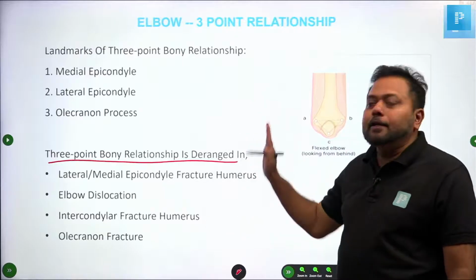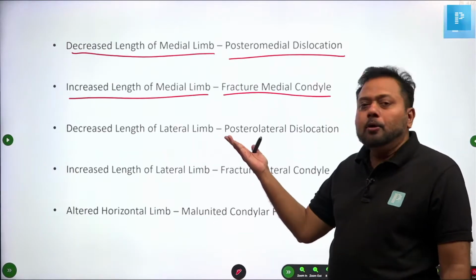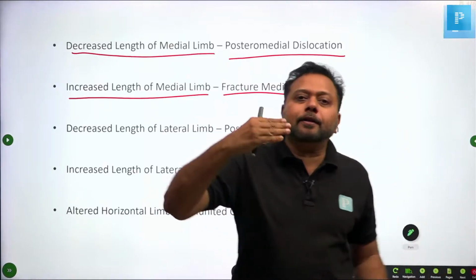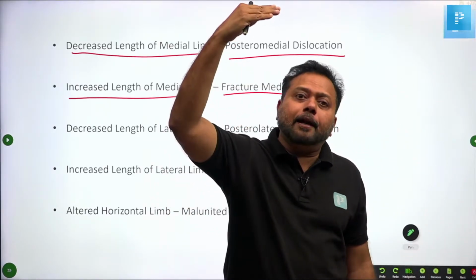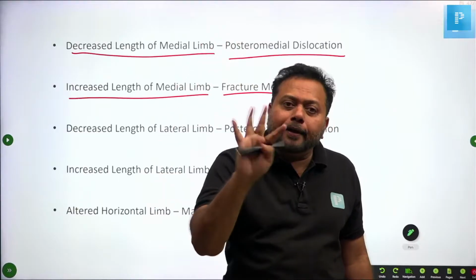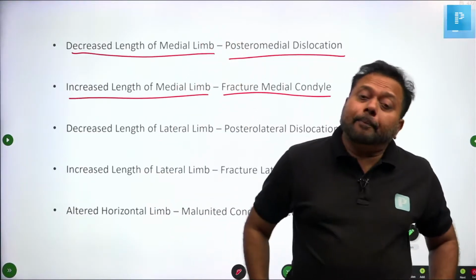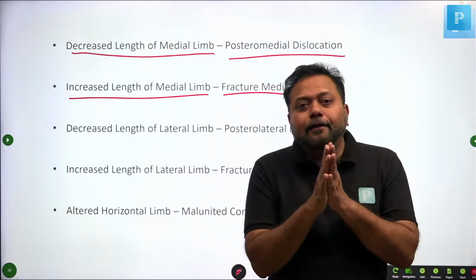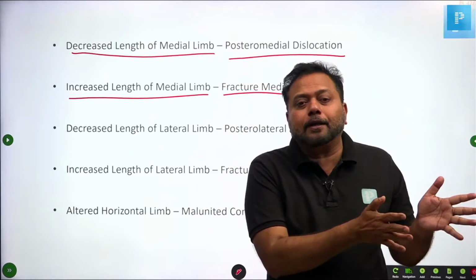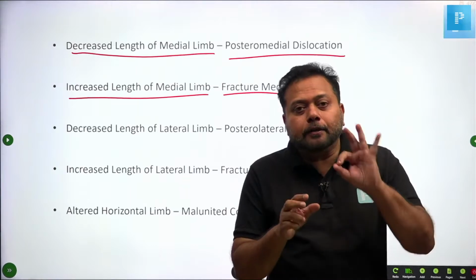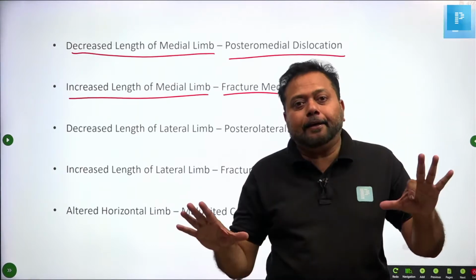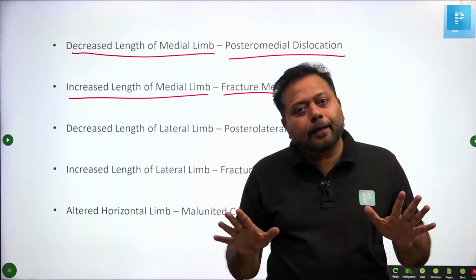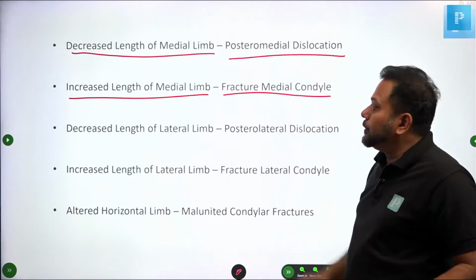Okay, that fracture also increases the length of the triangle. So this is a concept-based area. Once you have understood, no need to memorize. Whatever question they ask, we can easily answer. Supracondylar fracture is above the medial and lateral epicondyles, so in no way is the triangle altered. In our main videos and in rapid revision sessions, I have explained the main difference between elbow dislocation and supracondylar fracture. In supracondylar fracture, the three bony prominences are well maintained. In elbow dislocation, the triangle is very much altered. Okay? Yes. We will move on to the next question.